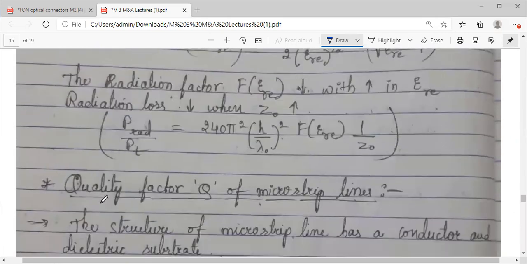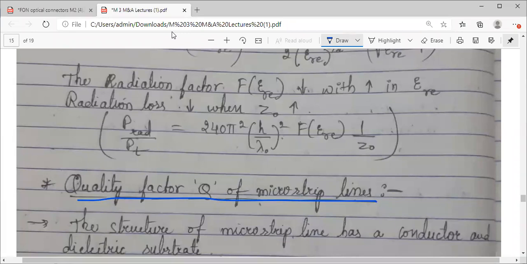So let us start today's session with the quality factor Q of a microstrip line. Coming to the quality factor term Q, it is not a very unknown term to you. You might have studied about this in RLC circuits. Quality factor, you have related this quality factor, resonance, with the bandwidth, right? So what is the quality factor actually in the case of a resonator? It is actually how much power or how much energy is dissipated, how much amount of energy is lost.